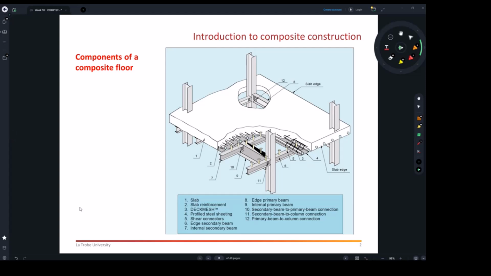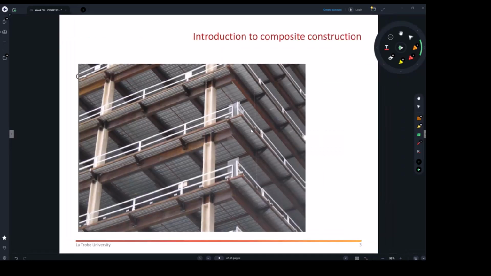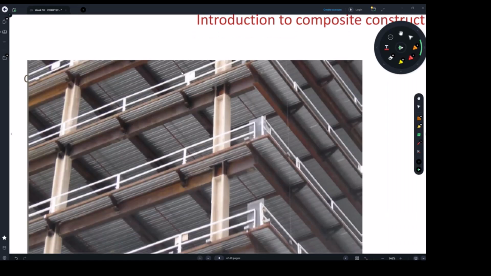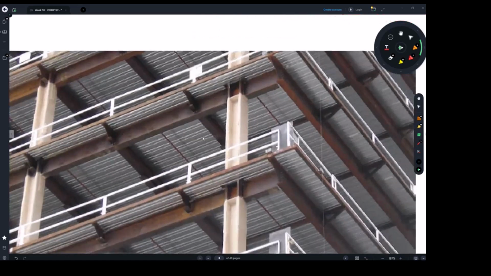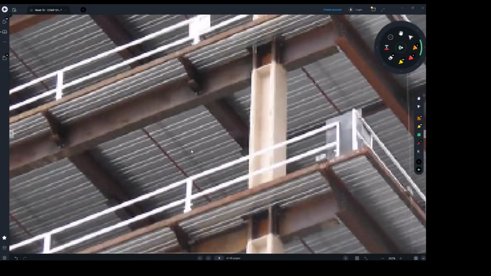So I think we can see how many types we've got there. The first one is the slab in composite with bonding. The second one, the entire slab, is in composite with the steel beams. Here we go. This one can show you a clear image for the two systems I mentioned. First, you can see here the bottom bonding. And if you walk in many car parks in the CBD or shopping centers, you will see, looking from below,